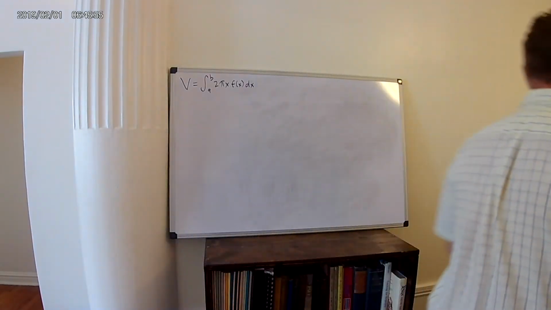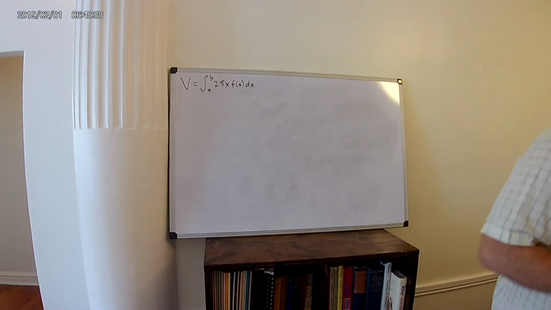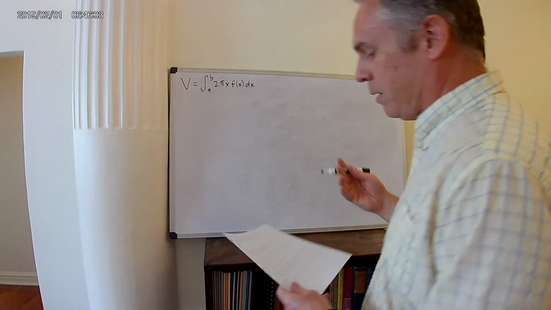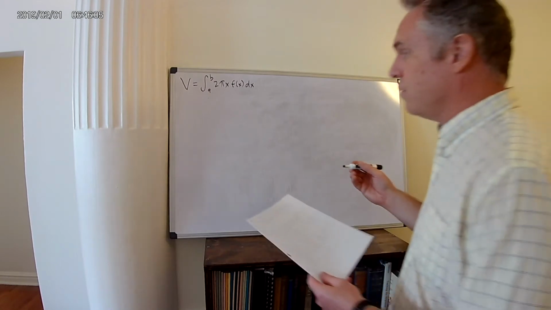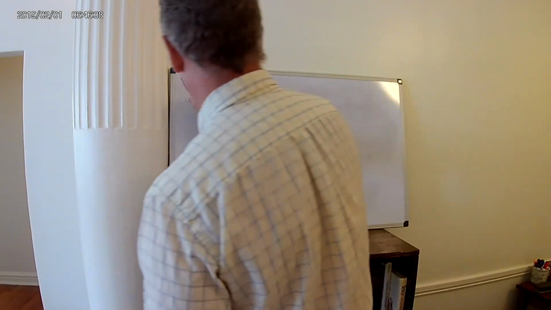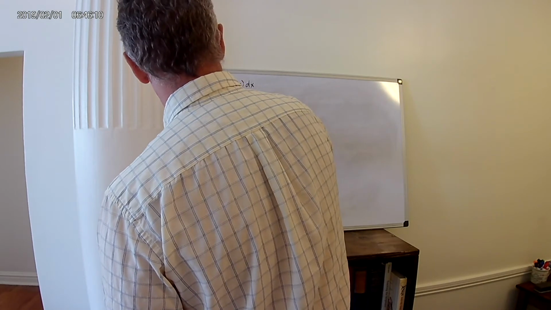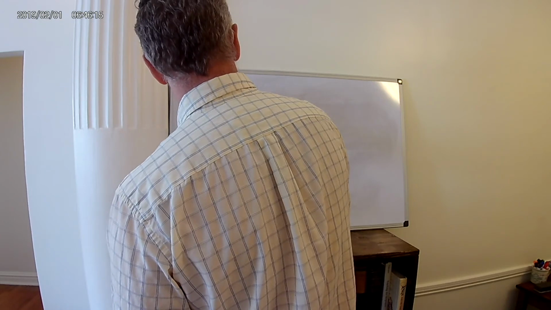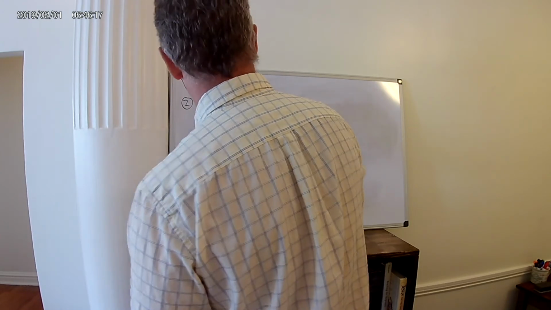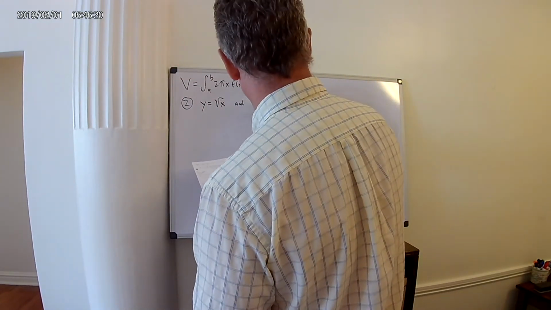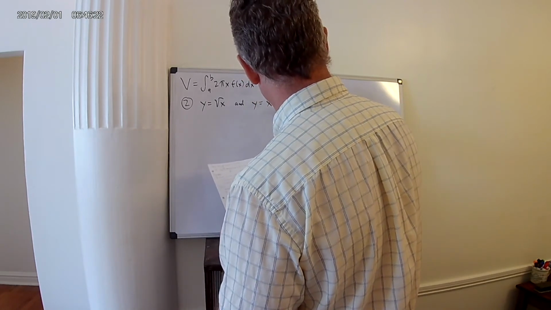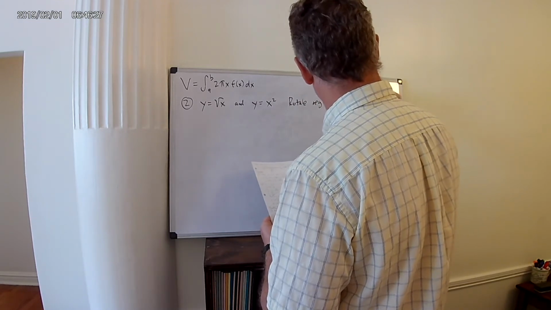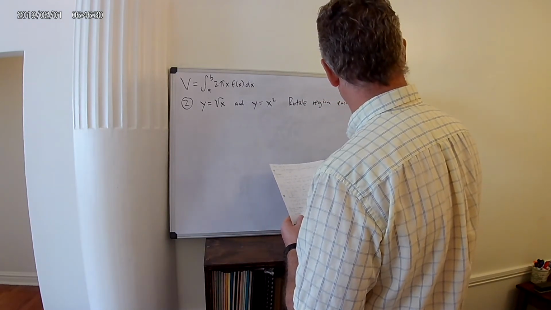In our second example, we're going to calculate the volume enclosed by two curves when the area enclosed by the two curves is rotated around the y-axis. In this case, the two curves are y equals square root of x and y equals x squared. If we rotate the region enclosed by these curves